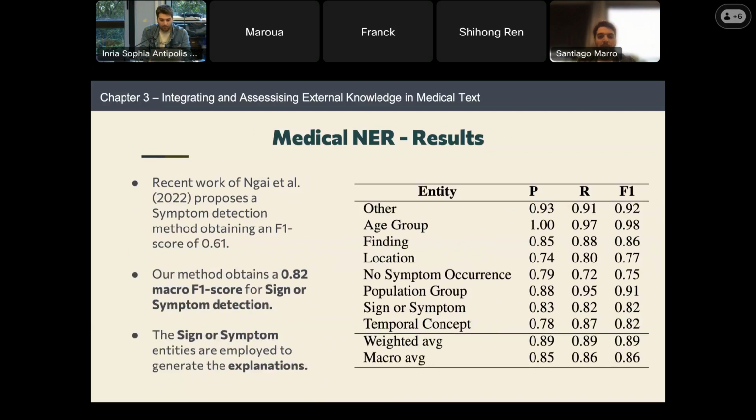And here we have the specific results for each one of the entities. Since we are using the symptoms, if we check here, we see that for sign or symptom, we obtain an F1 score of 0.82, which in comparison to similar work by Nye in 2022, who obtained an F1 score of 0.61. So we see that our model is not only able to learn, but is also performing better than the state of the art.